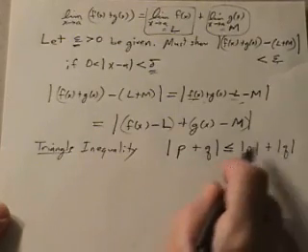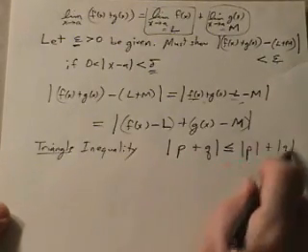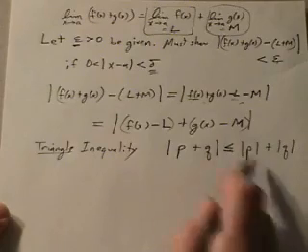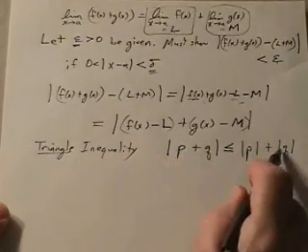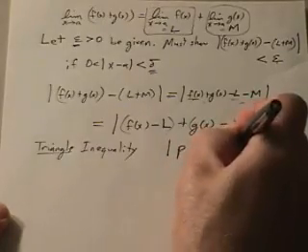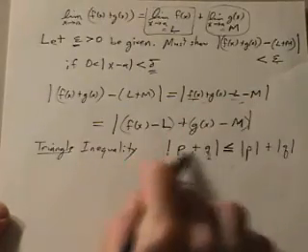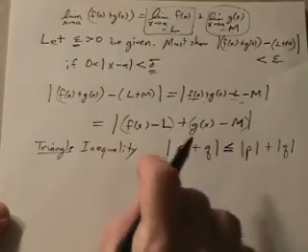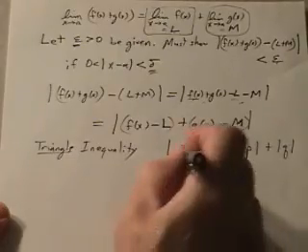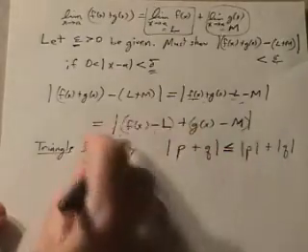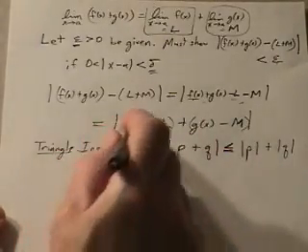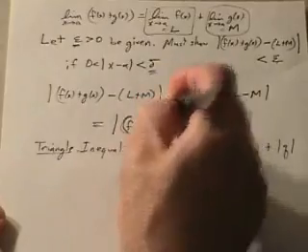But if you take the absolute value of each of them and then add, you're going to get the biggest that you possibly can. Of course, if p and q are both positive, there's not going to be any difference. That's fine. I said less than or equal to. And if both of them are negative, then you're going to get the same answer. But if one of them is negative and one of them is positive, this guy is going to be definitely smaller than that. Okay? So I'm going to whip out the triangle inequality on this, where f of x minus